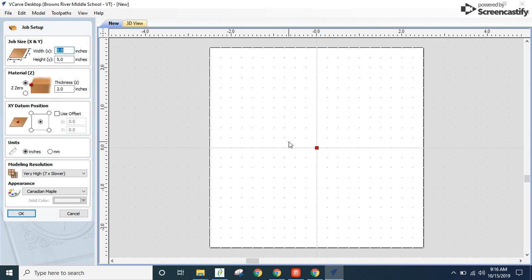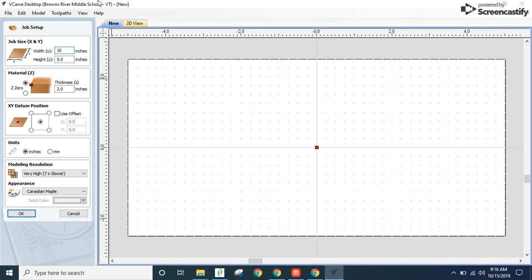There's some important stuff that's going to happen here. It might look like my screen, it might look a little different. First thing is we got to make the job size. So the width of our job size is going to be 10 inches wide